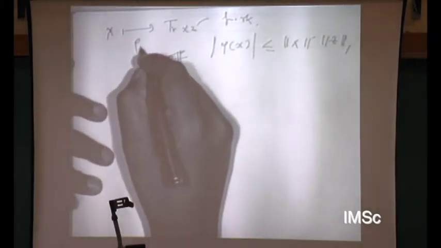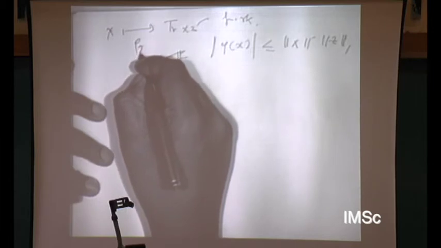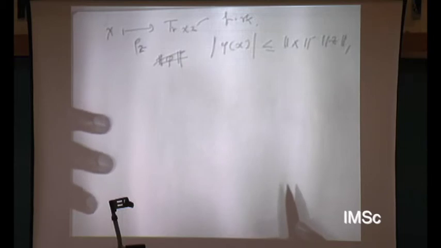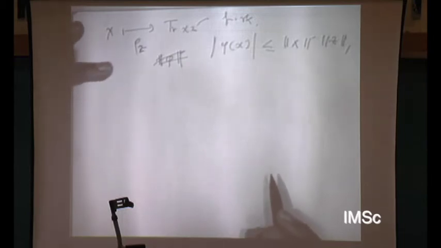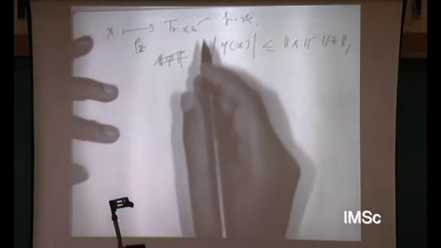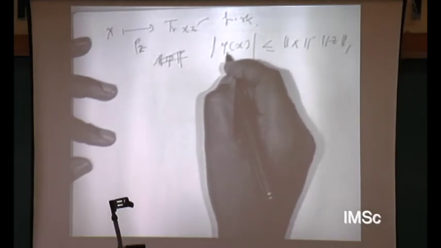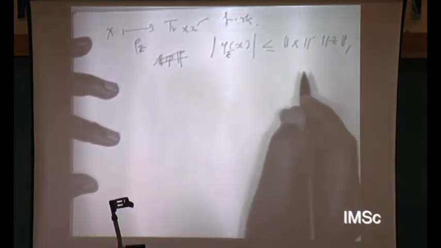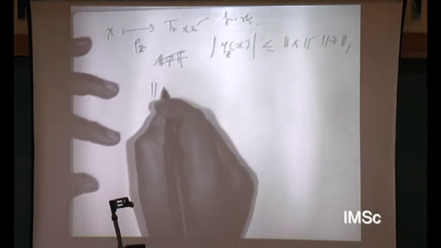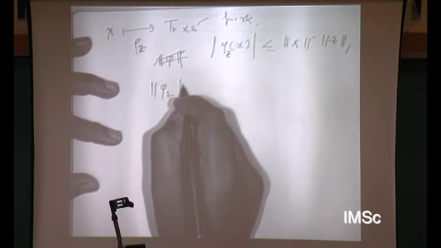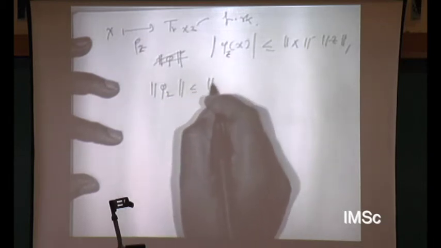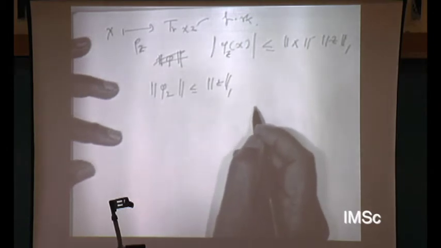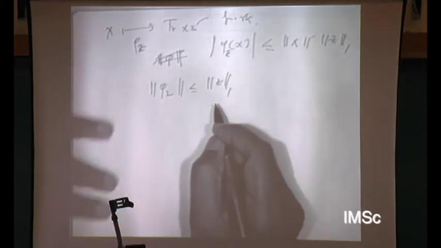That means the linear functional phi z on B of H has norm less than or equal to the one norm. I'm saying actually it is equal to,